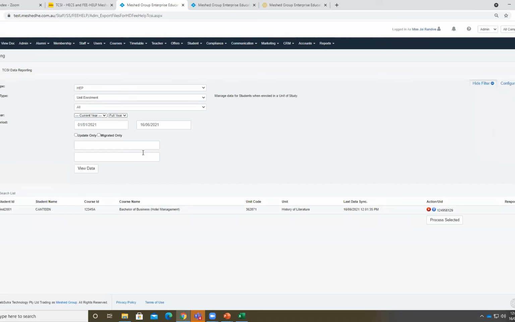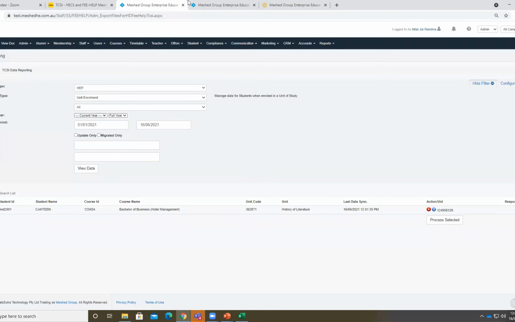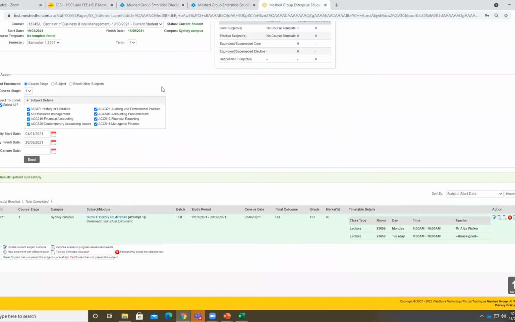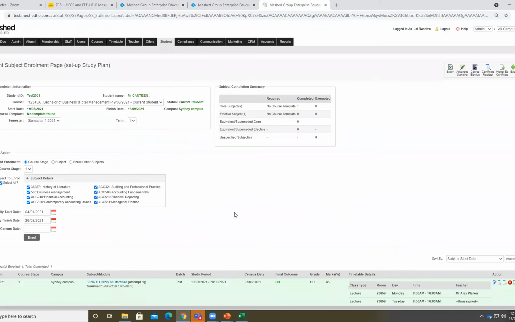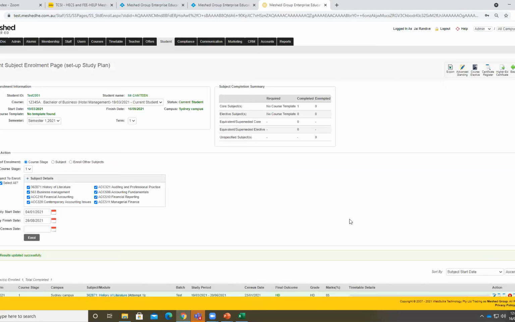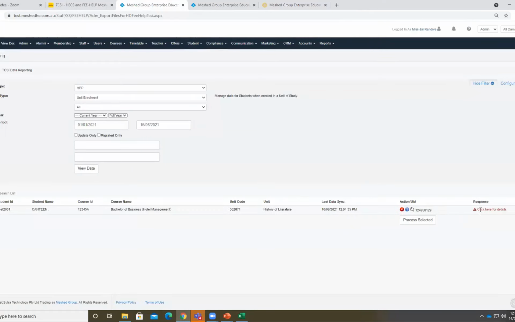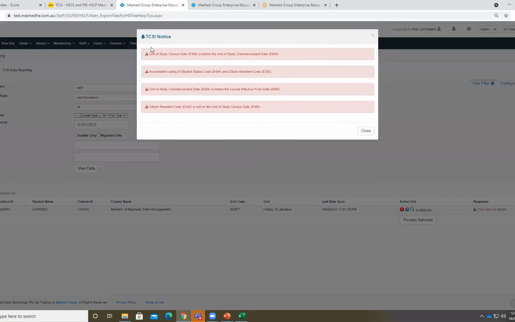There might be some other errors as well that you may get when you actually start doing your reporting. If you're not able to understand, you can always refer to this document. Let me show you how you can search the errors. Let me create the error again for this record. Now I'll click on view again and try to sync the update. Let's see, if I don't understand what this error is about.